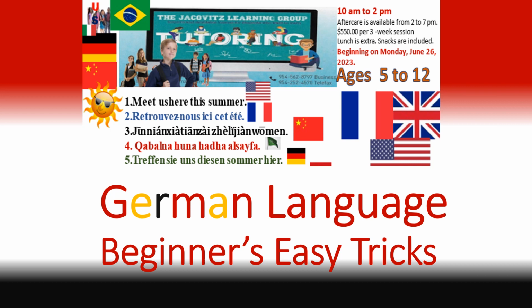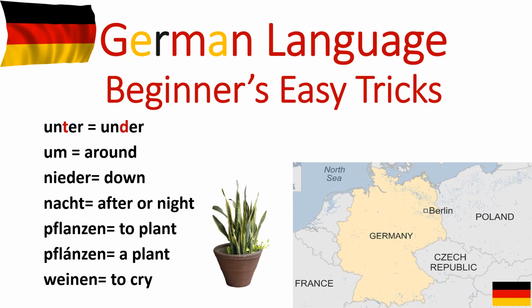We're going to do German language and just some beginner's easy tricks to help you get through, those of you who are studying or those of you who are trying to learn many languages at one time. So if you can try to make some easy connections here, you have unter for under. Here we go again with that. Okay, so if you look at, I have these done in English, over here is under, and in German we have unter, and you're just changing a letter. So even if you said under in German, people would understand.